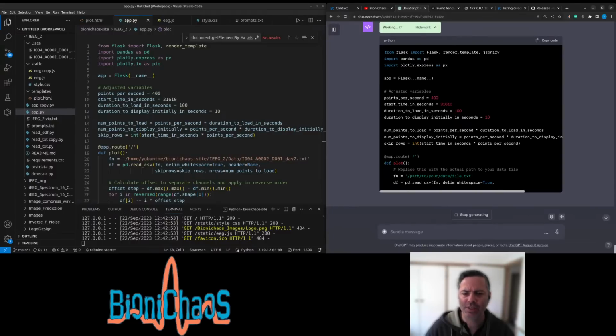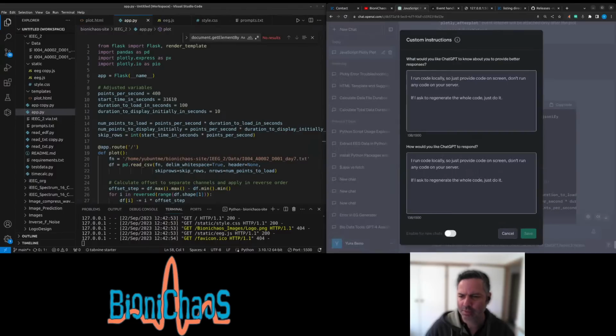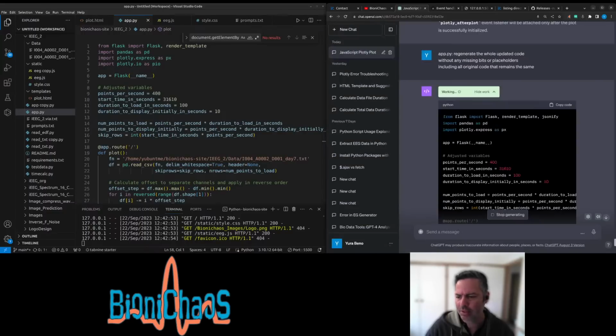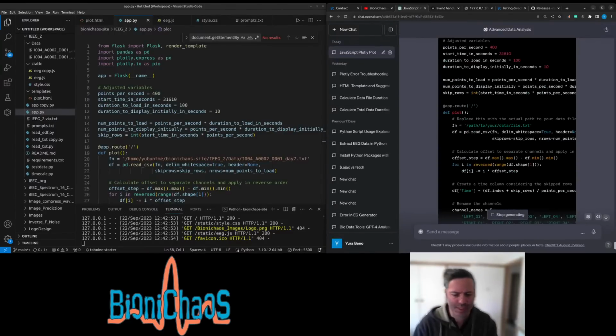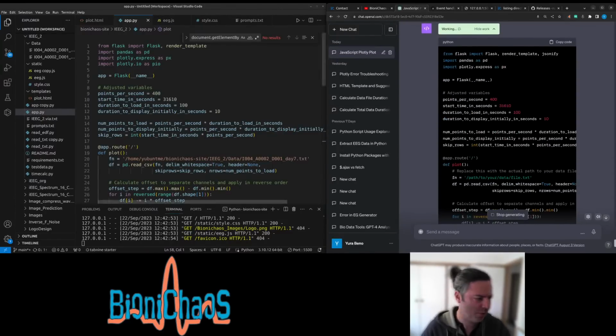Where did my instructions go? They had this custom instructions, right? It seemed to be. Is it disabled? Probably have to enable this. Yeah, I don't want it to run anything on the OpenAI server.